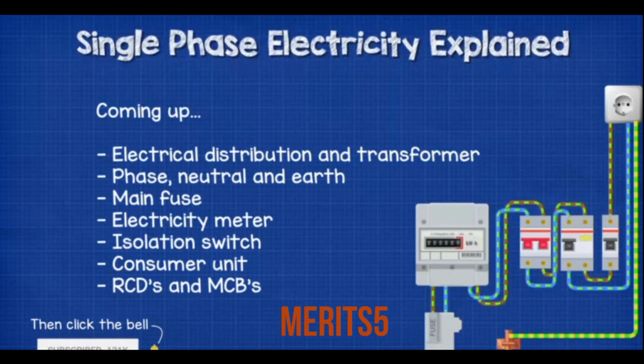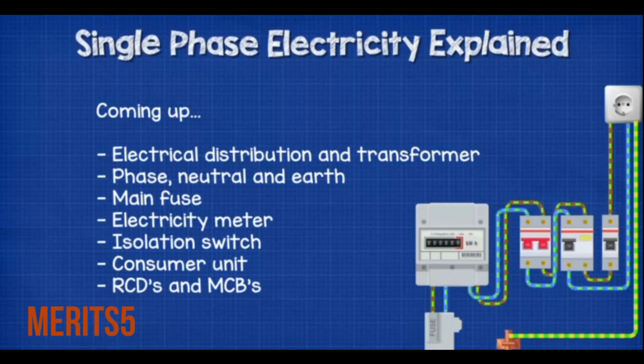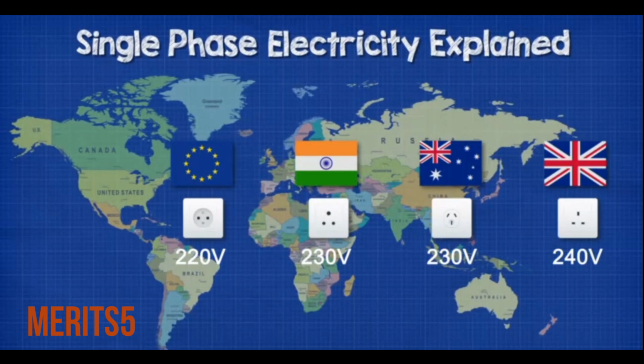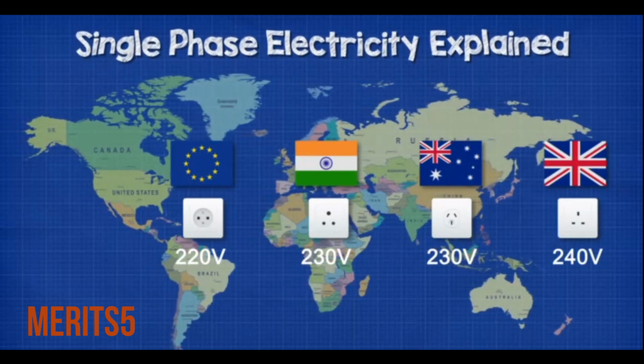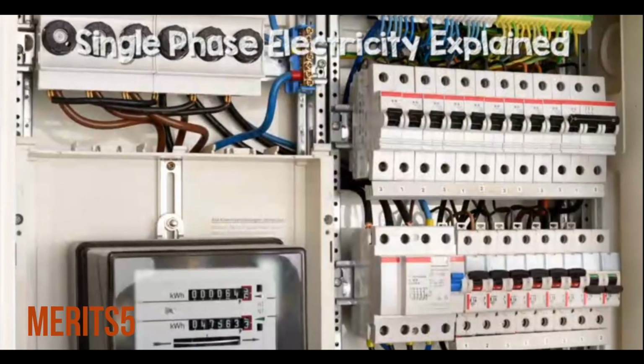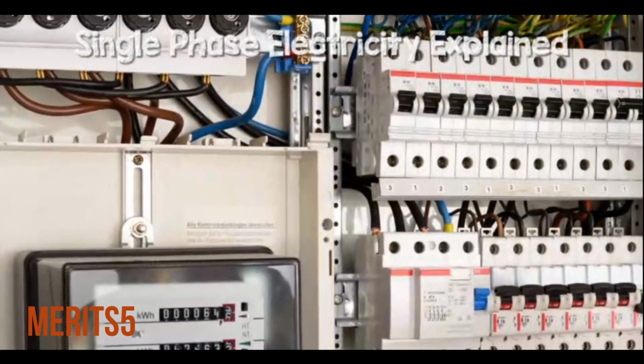electricity supplier into a domestic property. We're going to look at the distribution cables and transformer, the phase, neutral and earth, the main fuse, the electricity meter, the isolation switch, the consumer unit, as well as the RCDs and MCBs. Now this is a common design used across the UK, Europe, India, Australia, New Zealand, etc. There are some slight variations, and these components may look a little different between the countries, but essentially it's very